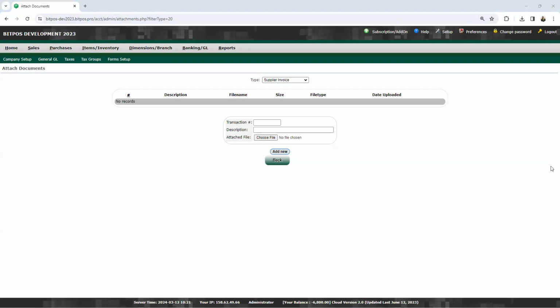So you can select the type of transactions of which you want to attach documents. For example, the purchase order or the supplier invoice. For example, like this. Then after that, you can type the transaction number. For example, 1. The description is sales invoice